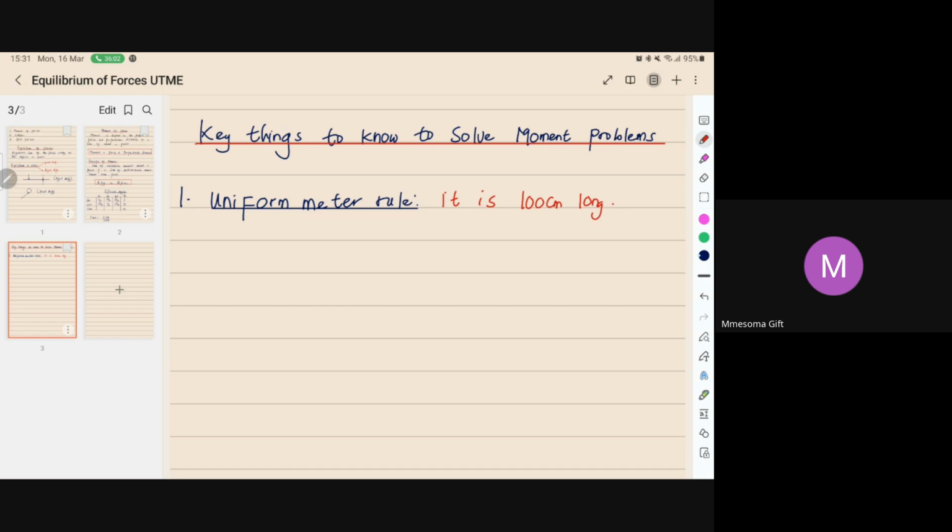All right. So the next thing I want to talk about is that you should always take moments about the pivots, right? Or the, what do you call it? Fulcrum, right? For example, if you've done simple machines, you have the load, you have your effort,